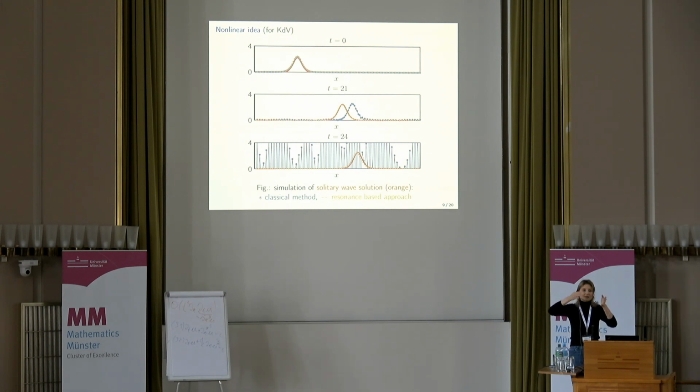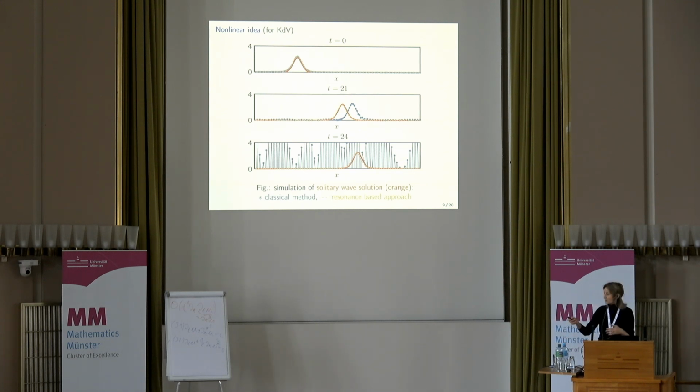So I start with the initial data, and then I let time evolve, and I see in how far my numerical schemes behave. And then what I see: in orange, this is the solitary wave solution, the exact solution, in blue is the splitting method, and in yellow is this new resonance-based approach. And what I see is that even at time t is 21, which is quite short,